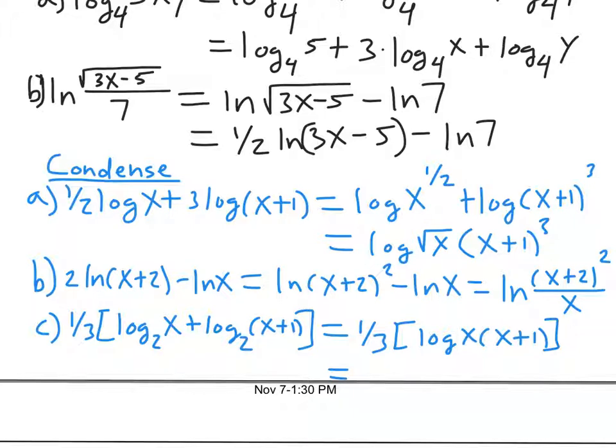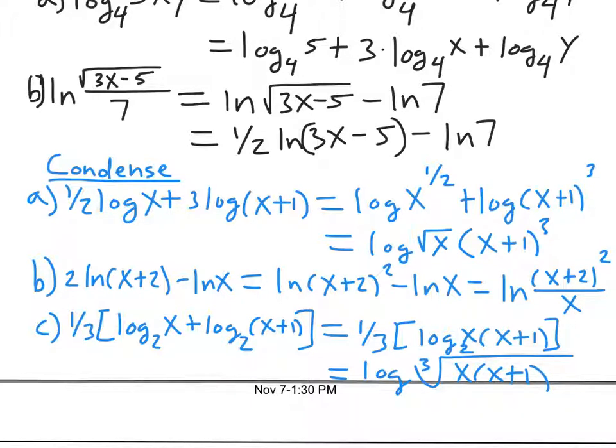Now I'm thinking about bringing in the 1/3, which again, you could do it in one of two ways. You could just bring in the 1/3 if you would like. When I bring it in, I like to write it as a cube root. If you had that whole thing of x times x plus 1 to the 1/3 power, that would certainly work. I like it written as a cube root. Notice I could distribute the x on the inside. You can. It wouldn't be wrong to have the cube root of x squared plus x. But the instruction said to condense, and